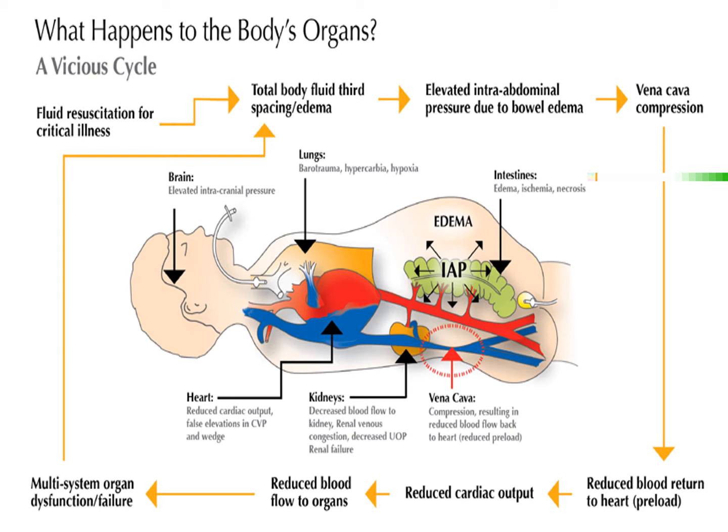This reduced cardiac output will reduce the blood flow to the organs and the multisystem organ failure. So this is the vicious cycle that we get into with this multisystem organ failure. This is why there is such a high mortality rate that is associated with this. The key to this with nurses is to recognize early things that could cause a patient to go into multiple organ dysfunction syndrome and to resolve those things quickly so that we don't progress to this point.